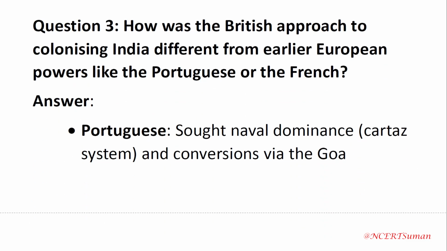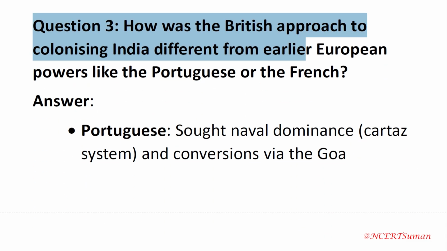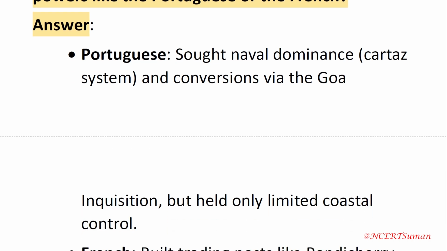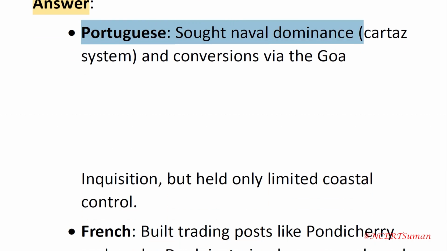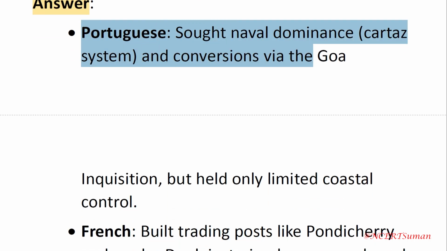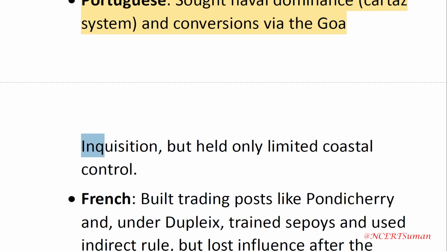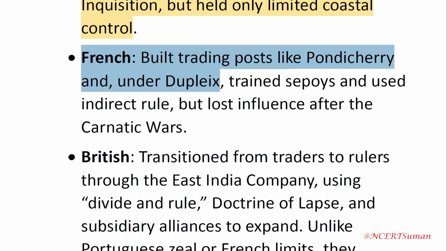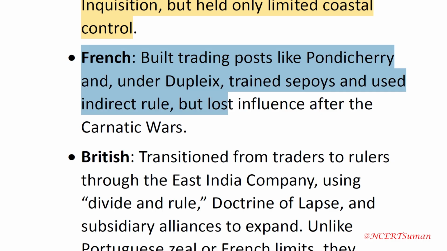Question 3. How was the British approach to colonizing India different from earlier European powers like the Portuguese or the French? Answer. Portuguese sought naval dominance, the Cartaz system, and conversions via the Goa Inquisition, but held only limited coastal control. French built trading posts like Pondicherry and under Dupleix, trained sepoys and used indirect rule, but lost influence after the